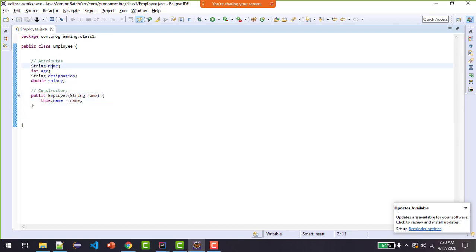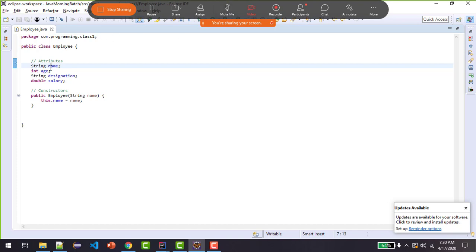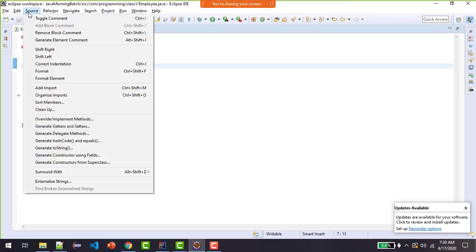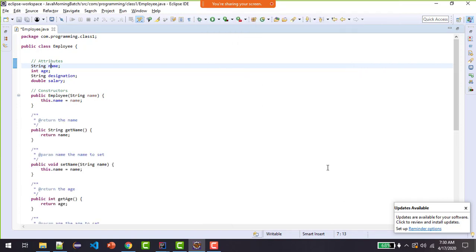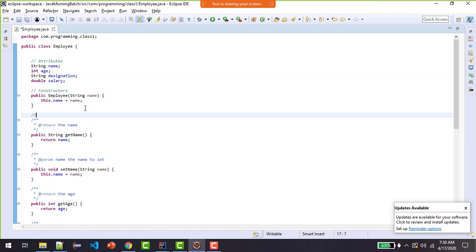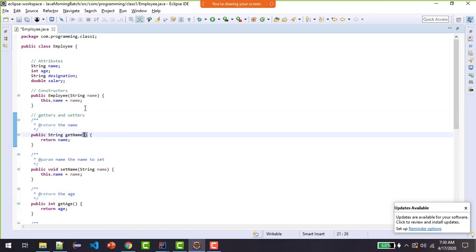And to create getter setters for this very field, I selected the field, I said source, I said generate getter setters, I selected all the 4 fields. After I said constructor, give me the getter setters. Getter setter meaning mutators and accessors. You need something to retrieve the data. For that you have a getter method. You need some method to set the data. For that you have a setter method.